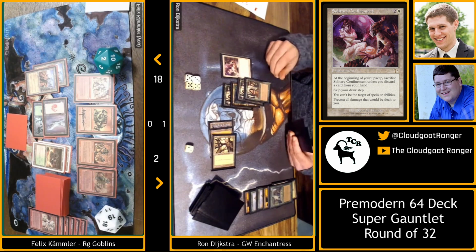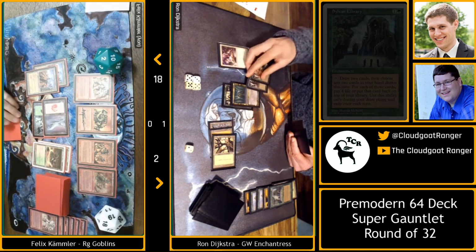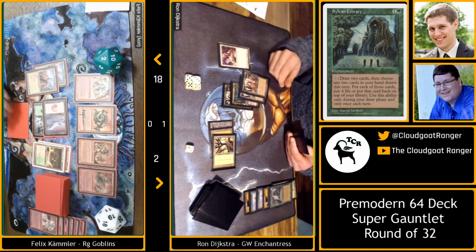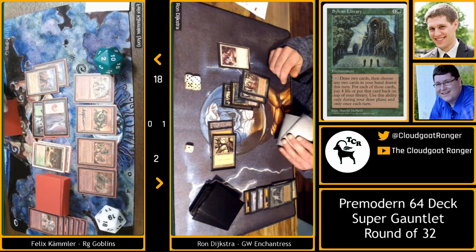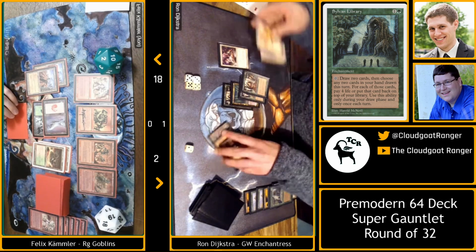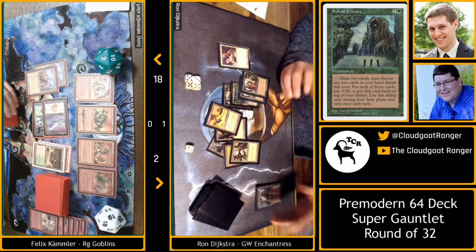What is the interaction between Sylvan Library and Solitary Confinement? I think... I don't know. I'd have to see the... So Sylvan Library, I think it's only during your draw step. So, okay, you would not be able to use the ability with Solitary Confinement in play. Okay, sure. I wasn't sure if there was like a weird loophole that you'd still be able to do it. Yeah, I was just going to say that I'd have to see the...